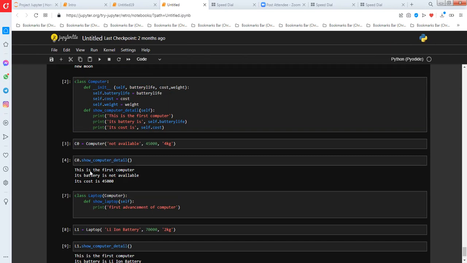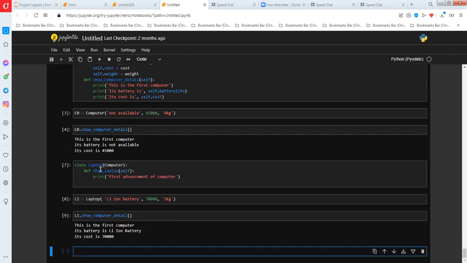Okay, now show, what? Show computer detail. I guess laptop detail. Okay. So